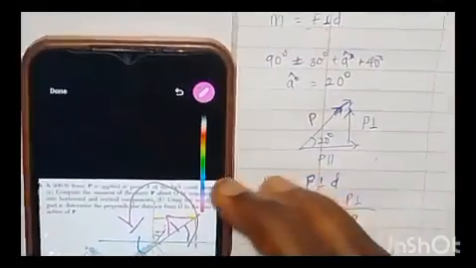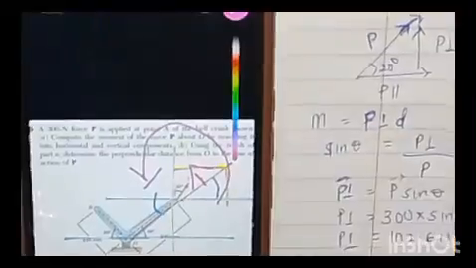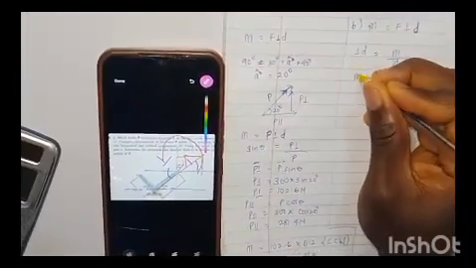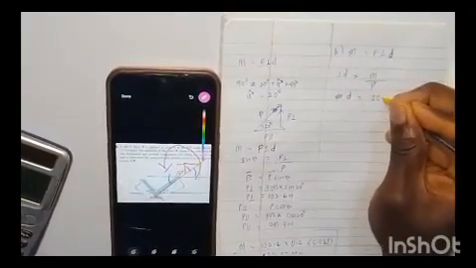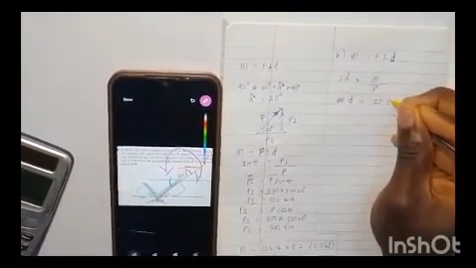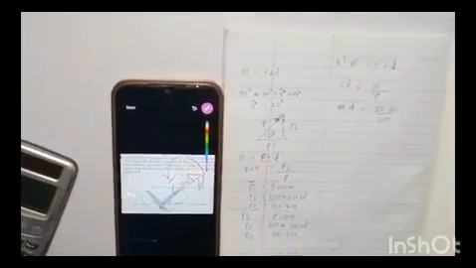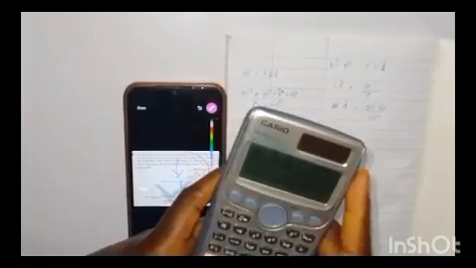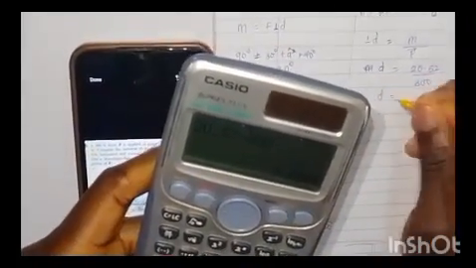So our distance will be equal to 20.52 over 300. So that means 20.52 divided by 300,